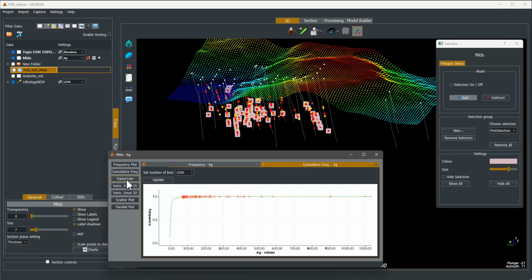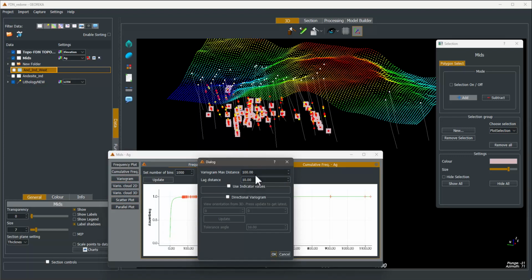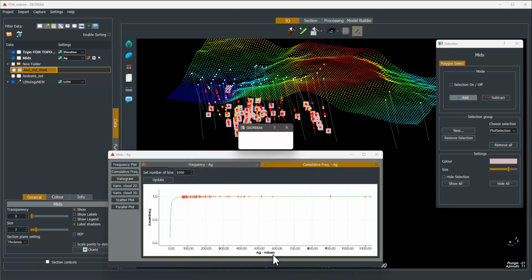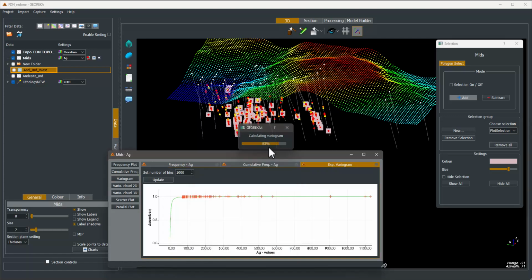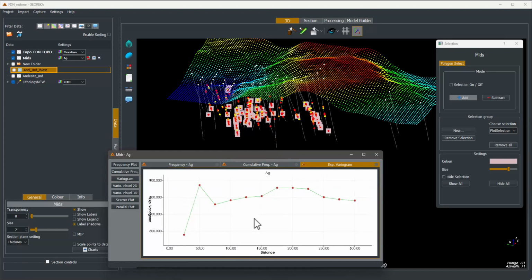So now let's go to standard variogram. I'll make the maximum distance quite small. Let's do only 300 meters, and we'll have 25 meter lag distances, just to make it go a little bit faster. So it calculates the variogram. Here you have